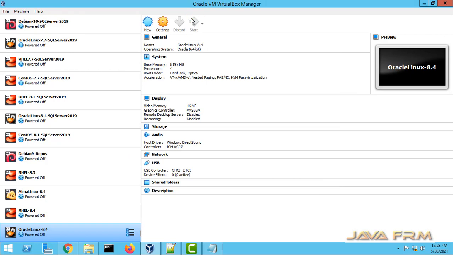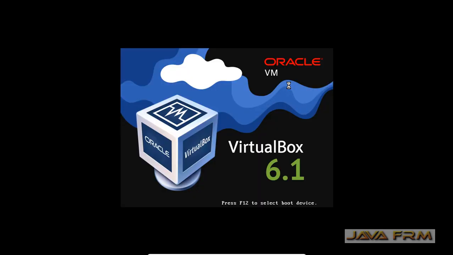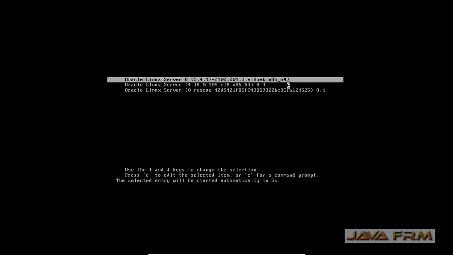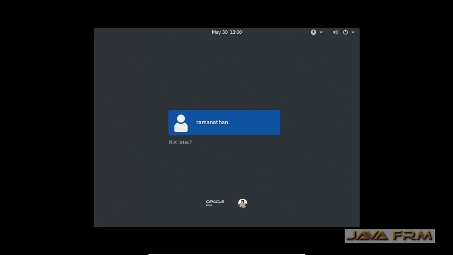Now I am starting the Oracle Linux 8.4 virtual machine. First thing is we need to check the screen resolution. The screen resolution should adjust automatically. Next we are going to check the shared clipboard.